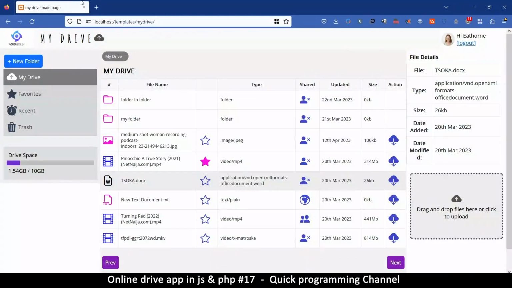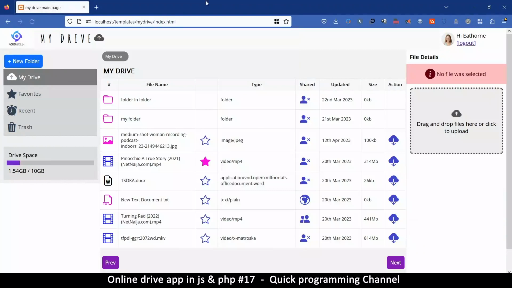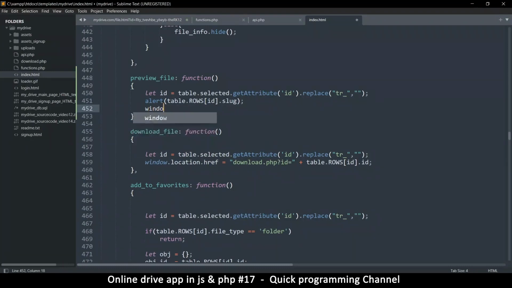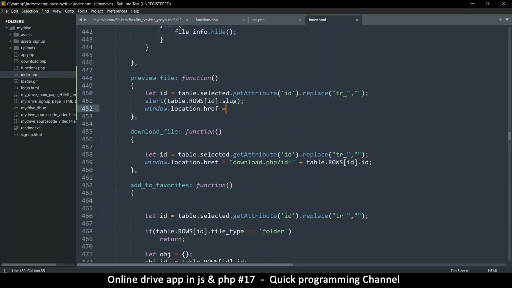So what we need now is to move to another location here. And since this is the index.html file, so I'm gonna do index.html like that, just so you can see it. We need to move to another file, which we're gonna call the preview. So we have signup.html, we have login.html. I need the preview.html. So before we even create it, let's just do our thing here by saying window dot location dot href is equal to